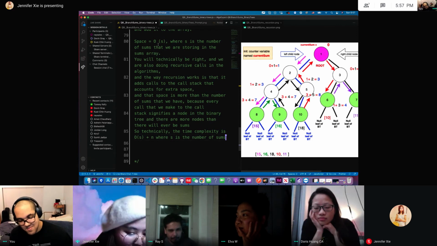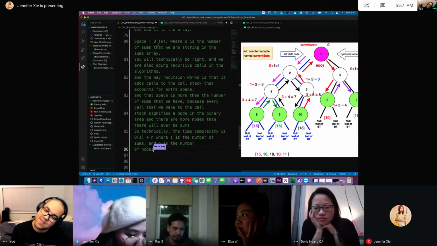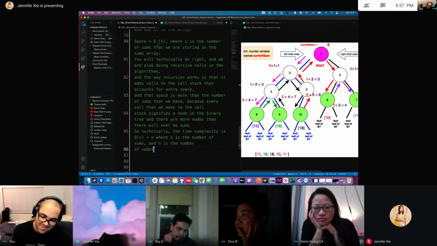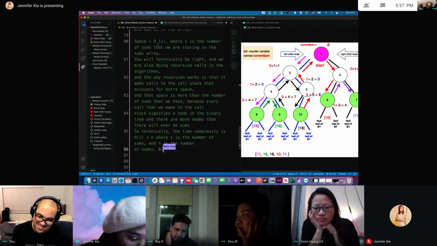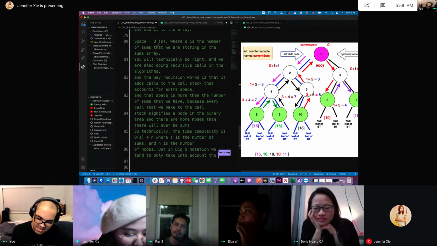And the N is the number of nodes. Okay. Then, in Big O notation, we tend to take into account the largest value, since when this grows, this is gonna be